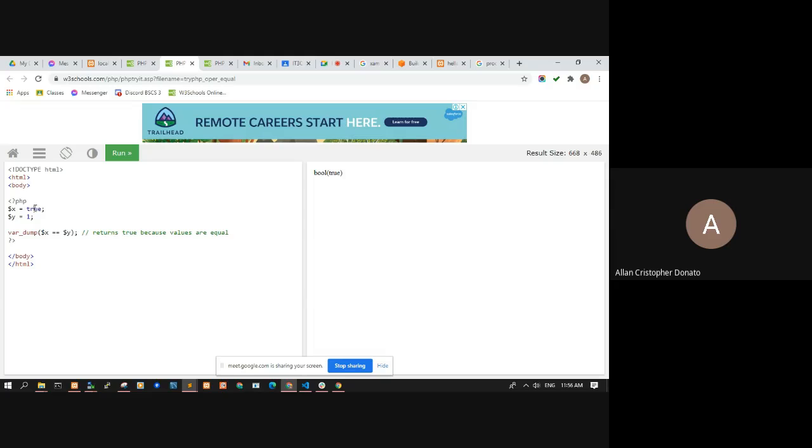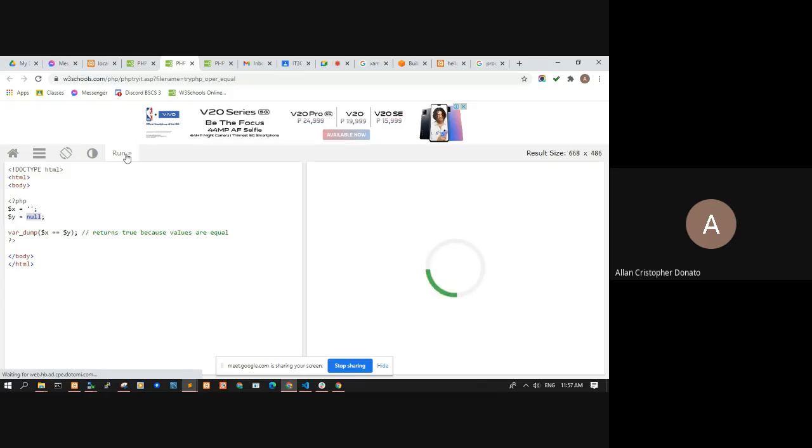Okay? Another example that you might be encountering a lot, especially when dealing with databases, is null. This empty string does not contain anything, therefore it's empty. And this is null. It's nothing. Not an empty string, not false, not zero. So comparing it with double equal is still true.